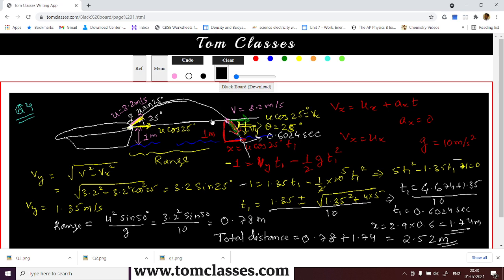Okay, so here a host of things are to be observed. The first thing is that this angle is going to be the same as this one if you draw a horizontal line, so the two angles are the same. The horizontal component remains the same and the vertical component remains the same, right? And here it is the range. So if anything is happening after that, it has to be range plus some distance. And what has to be that distance? That can be calculated by imagining this as a cliff, with the motion taking place at the same angle on the downward side, right? Yes, is that okay?